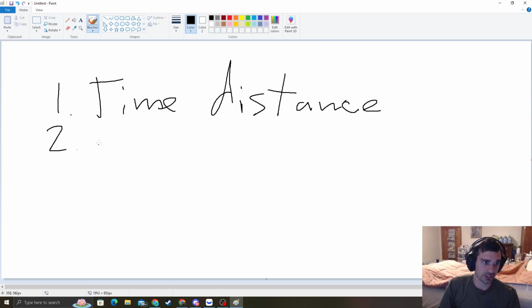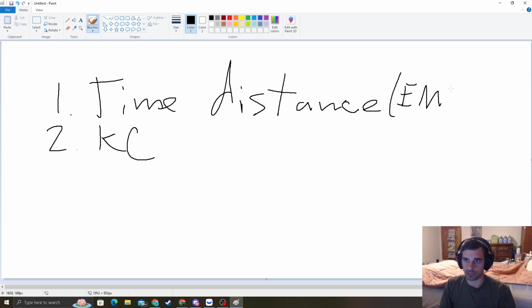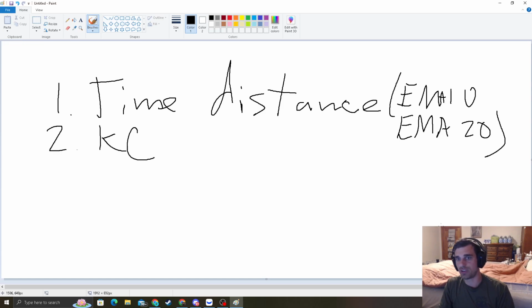And then we want to make sure that we are using our KC right, our Keltner channels. We want to make sure we're not just buying any stock. We want to be as close as possible to your lower band, and then big upsides to your EMA 10 and 20, which is your time distance. We're always using the EMA 10 and 20. Those are the ones that always get hit all the time. So no matter what stock you're in, do not be afraid. If you still haven't hit your EMA 20, we're still going to play the strategy.